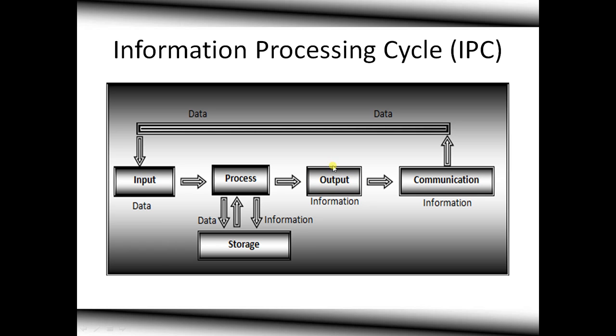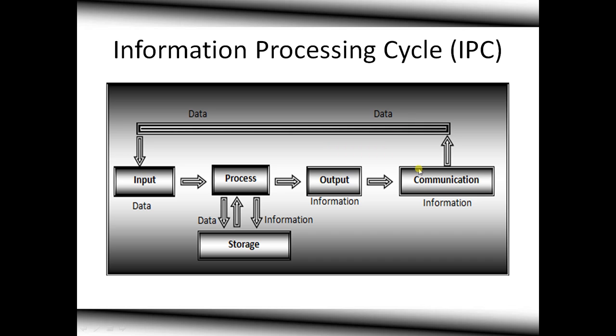If you remember, I said it's not every information that is shown, but some are also given in the form of sound. So at the output stage, the information is given out to the user,